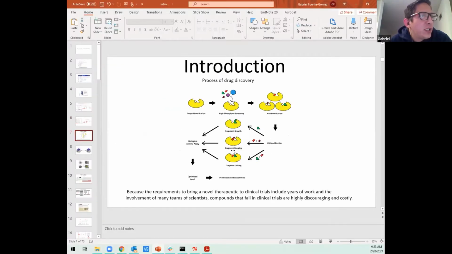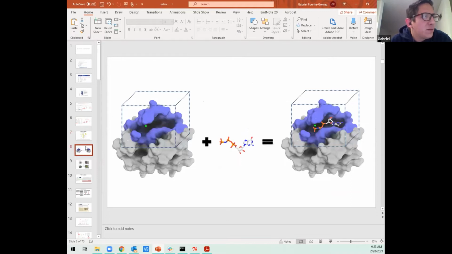I want to just start with a brief introduction. I'm guessing that most of you are very familiar. So why are we doing docking, and first, what is docking? When I came to the United States, I heard the term docking, and I was not familiar with it. To dock something in Spanish es como anclar, como un puerto cuando llega un barco y lo anclas. So docking is to